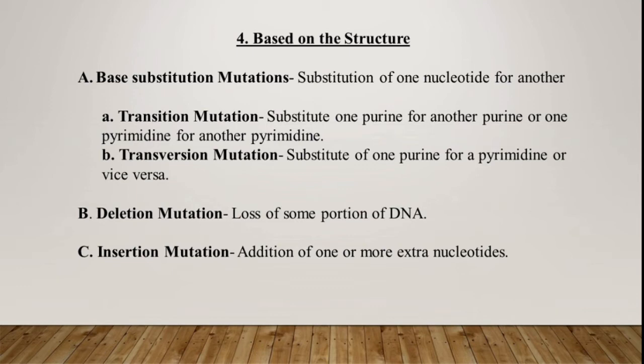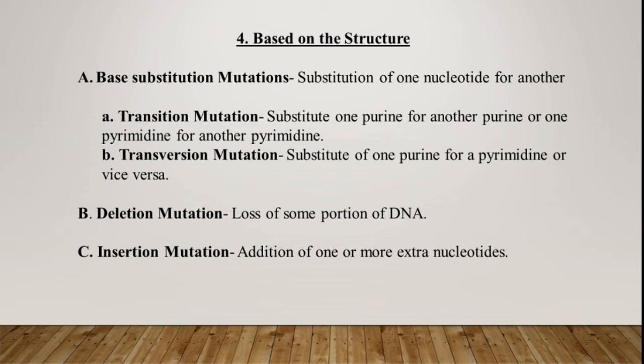Next parameter is on the basis of structure. Under this parameter, there are three types of mutation: base substitution mutation, the substitution of one nucleotide for another; deletion mutation, the loss of some portion of DNA; and insertion mutation, the addition of one or more extra nucleotides. Under base substitution mutation, there are two types of mutation, that is transition mutation and